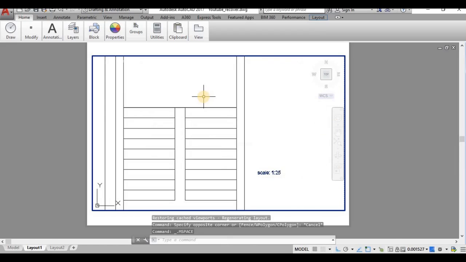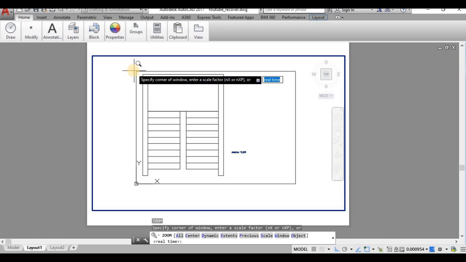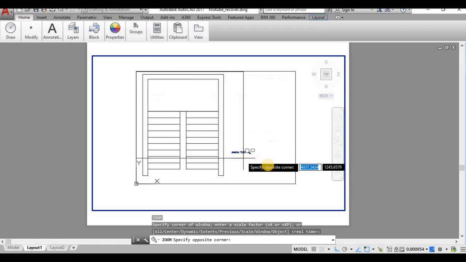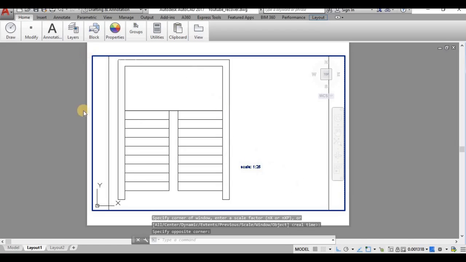You can move the model space here and zoom according to the size. I shall zoom with respect to this rectangle. It fits inside. After fitting, you can remove this line, which should be the A4 sheet size.